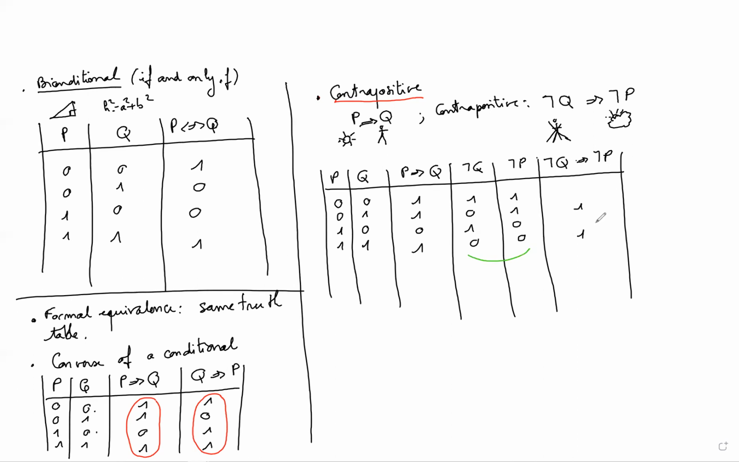Okay, now, this is true. This is true and this is false. It means I lied, so the whole statement here is false. This is true and this is true. It means this is true. What I notice here is that I get the same truth table for this and for this, which means